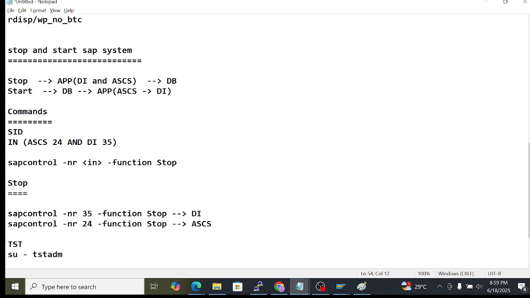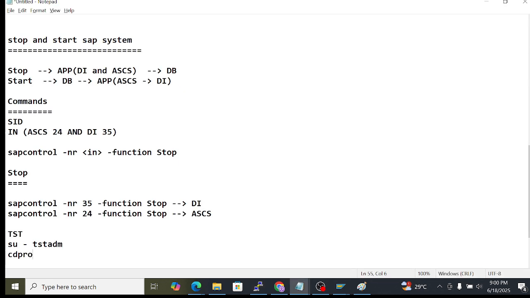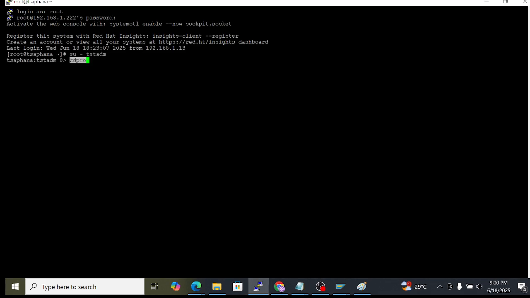Okay, remember this. Then after that I want to know the instance numbers of ASCS and the dialog instance. So there is a command cd pro. Okay, cd pro. If you give that cd pro and press enter